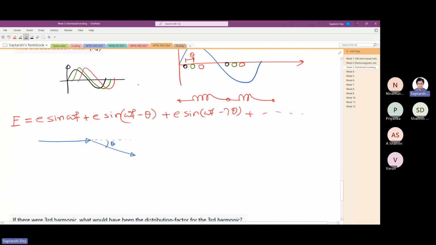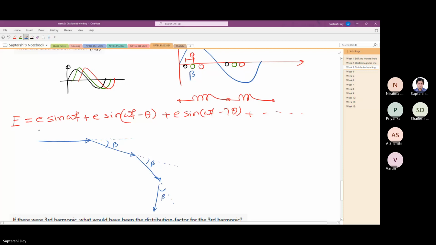Okay, so let us find out what is theta. I said it is after one slot. We know that slot pitch is beta, that we have already calculated. So let us write beta directly from now on. Beta. Beta. Again, the next one is lagging by this beta. In this way,